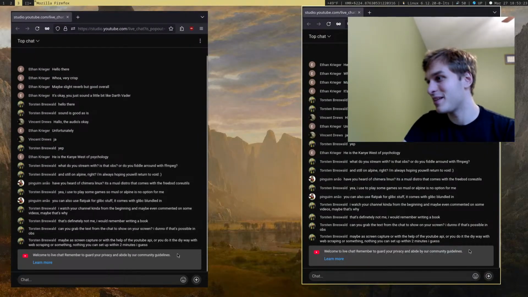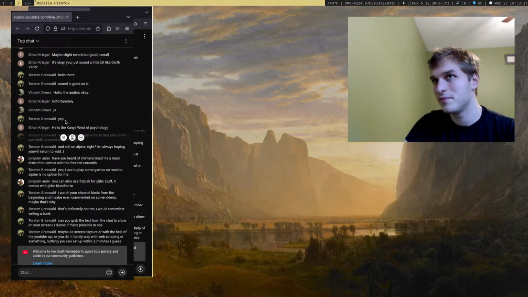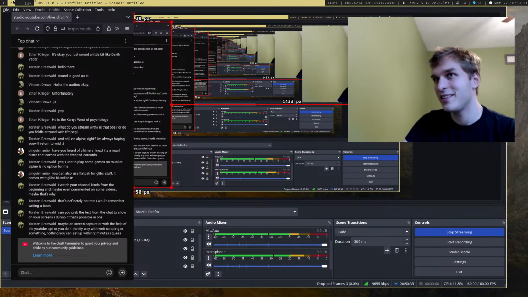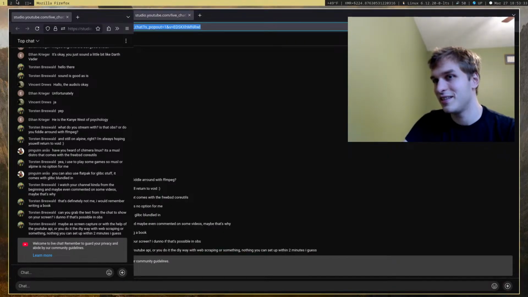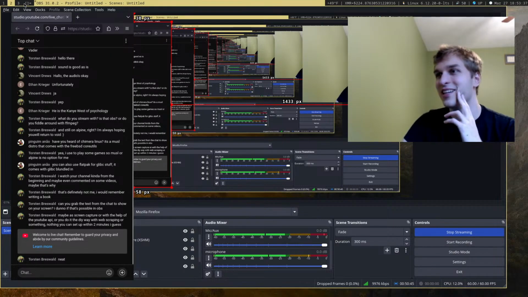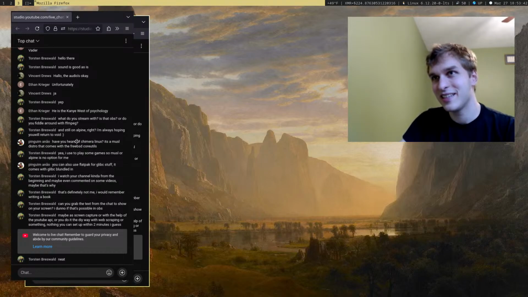I think I need to make this a little bit thinner just because it's taking up a lot of space. Yeah, okay, that's starting to look good. So you learn new things every day, I guess. There we go, neat. I kind of want to get rid of this little tab bar right here.